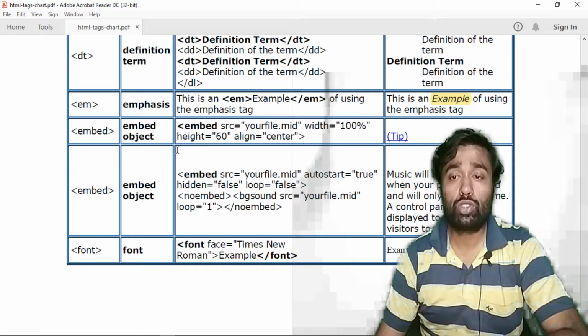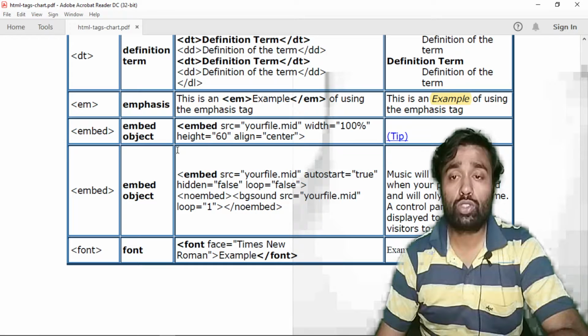Next we will discuss the embed tag. Embed object: you can embed an object in your text, in your code. If you want to add some values or some object to your code, then you can embed it. By writing embed and the source of your file, and width will be 100.